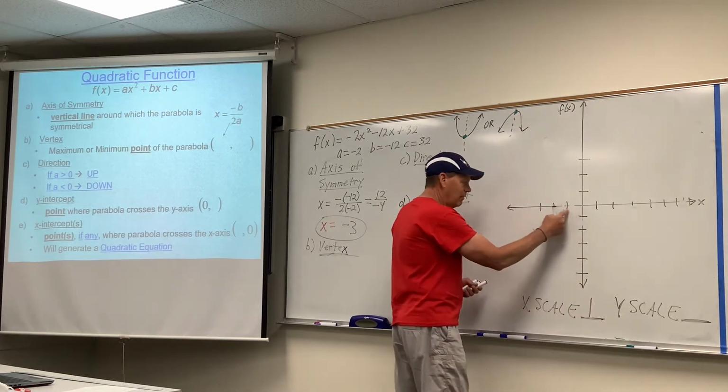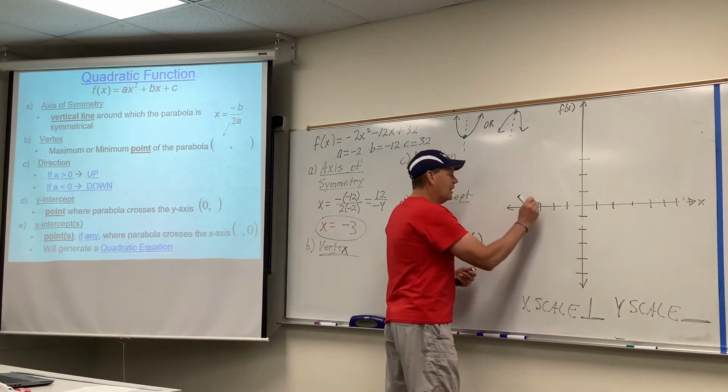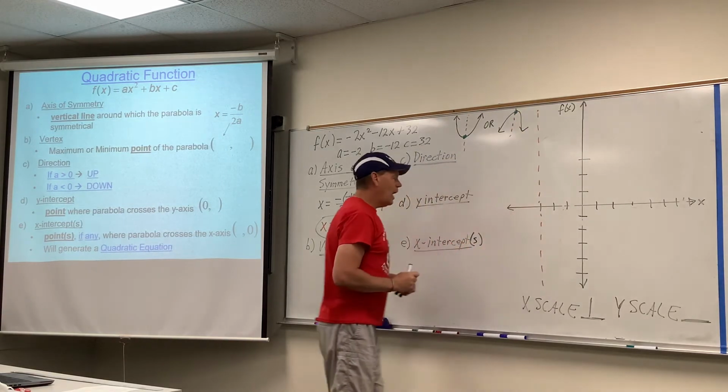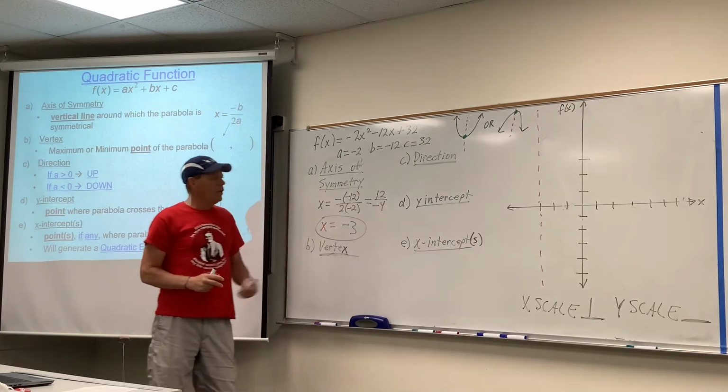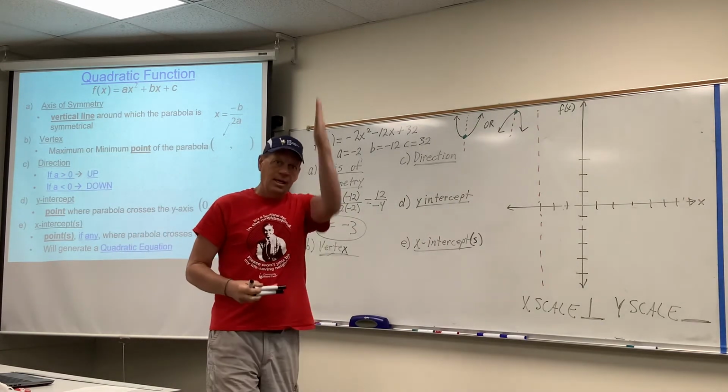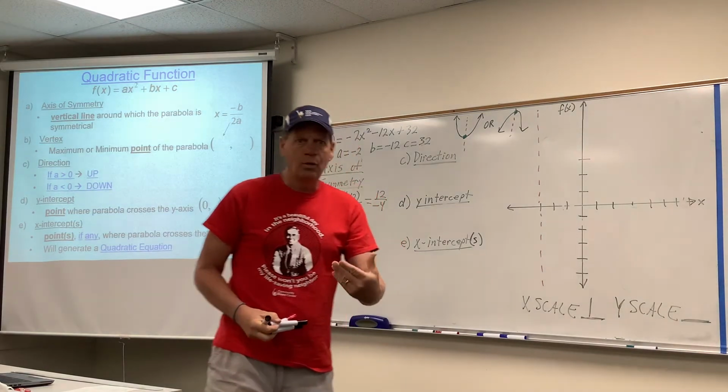And therefore, that'd be negative 1, negative 2, negative 3. And it looks like this would be our axis of symmetry. I want to remind you that x equals a number is a vertical line. You locate that number on the x-axis and draw a vertical line. That's why it's so important to put